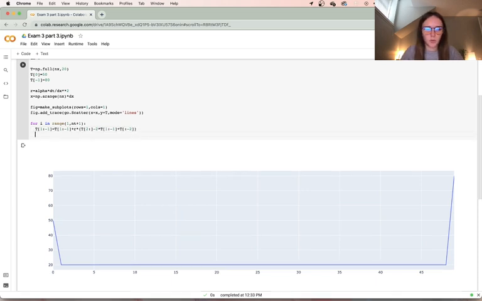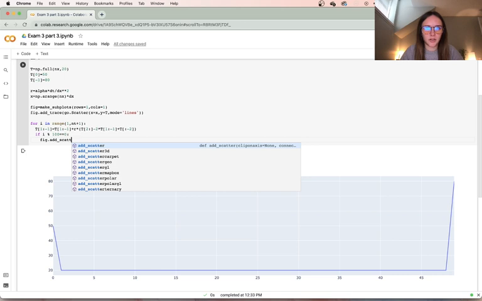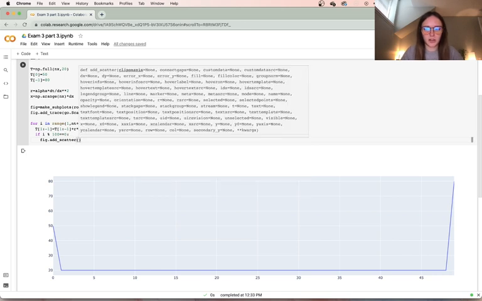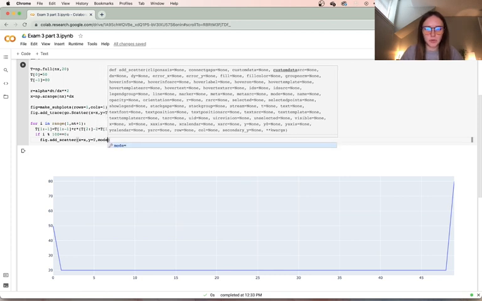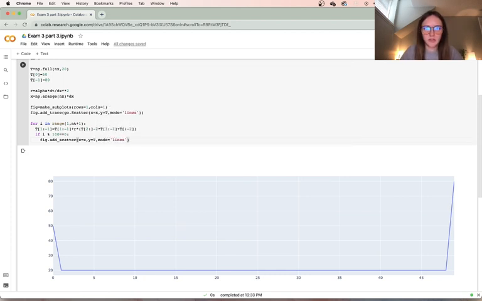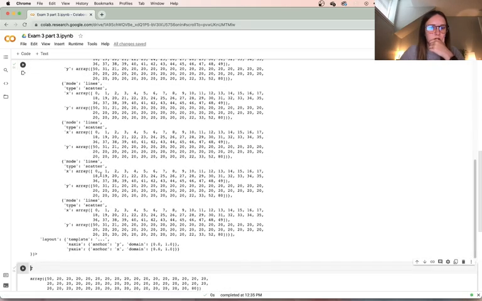And so we also want to put this, it'll make our lines look better. So if i is a multiple of 100, we'll make it equal 0, and we will say fig.add_trace scatter. So we're going to add to the scatter. We're going to have x equal x, y equal t, mode equal lines, and we can put down here fig.show. If we look at it,